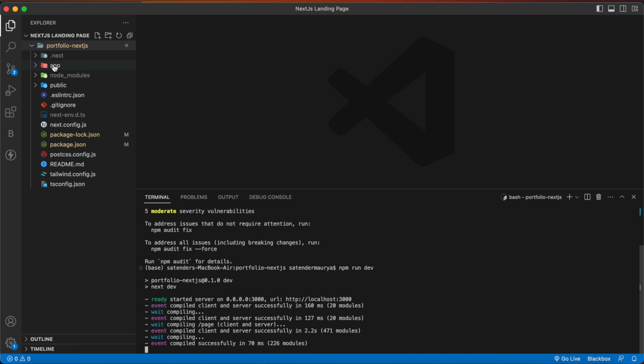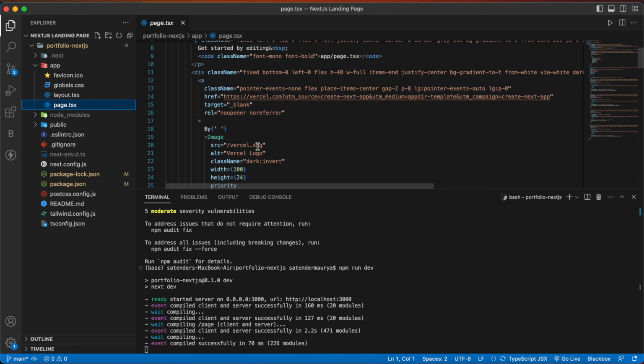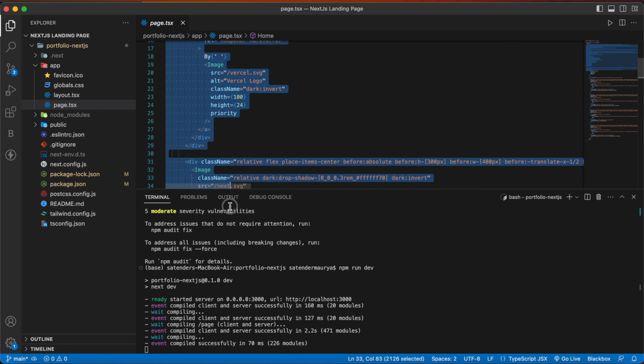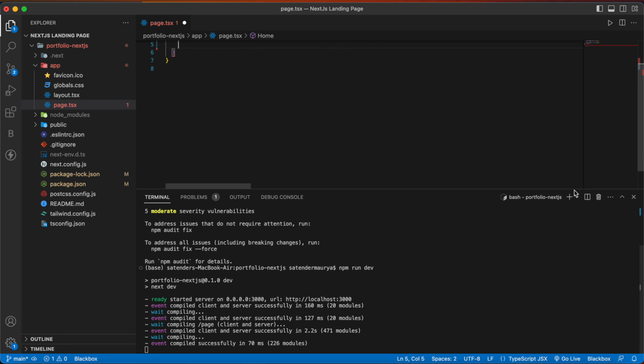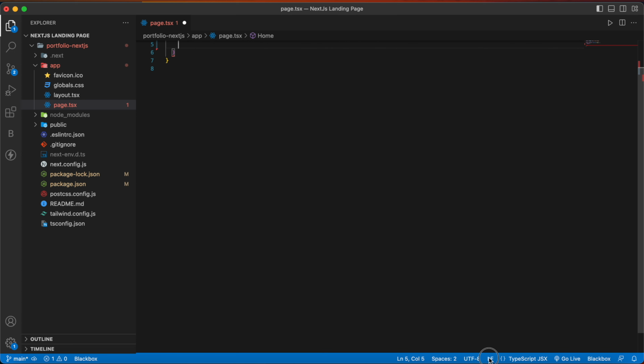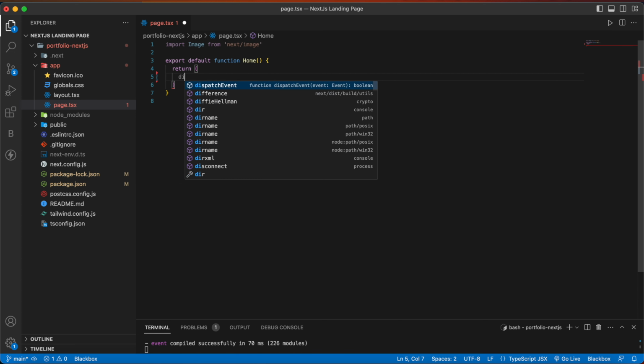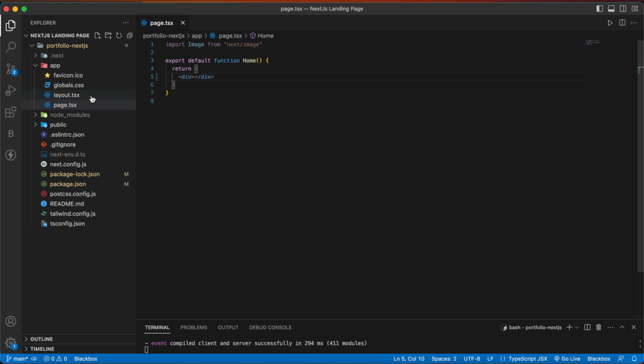Now let's go in the app directory and inside the page.tsx remove all these lines and then write a simple div here.